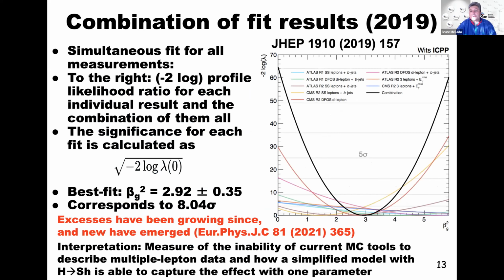And then what we saw in 2019, this was published in JHEP, is that you have a comprehensive set of excesses that I will summarize in a minute. They're all self-consistent within 2 sigma with a very simplified model with 1 degree of freedom. Back in 2019, the corresponding excess was 8 sigma, obviously way outside the 5 sigma range, but it has been growing. And that's really what's very exciting, that this doesn't go away. It keeps growing and embracing new types of excesses, which we have published afterwards,